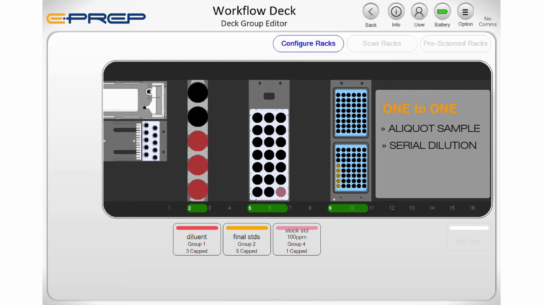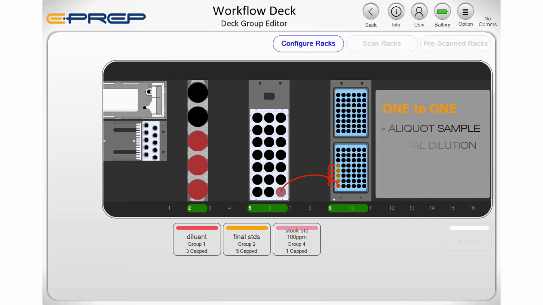For this task, an aliquot is transferred from a first container, which could be the stock standard concentrate, to another container. In this example, this is an autosampler vial. Then an aliquot is successively transferred from one container to the next, resulting in a serial dilution. This task can also be used to serial dilute a concentrated sample to bring it within the range of the